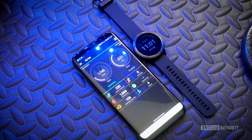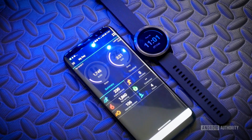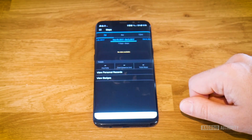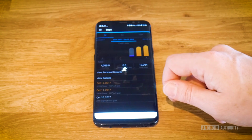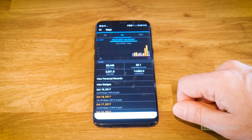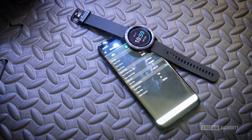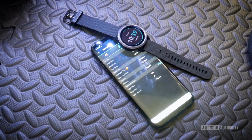Another slight criticism of this device and of Garmin fitness trackers in general is the app. Whilst it has a ton of data and it's really good for that, and I like all the insights it gives you and the ability to compare yourself with other people your similar age, on the other hand, it's rather obtuse to navigate. The UX is not particularly good, and a lot of stuff you're not going to discover because it's so hidden behind layers of menus. It's not as good as Fitbit's, but it does the job, and once you get used to it, it's not